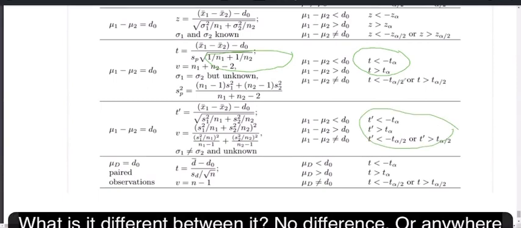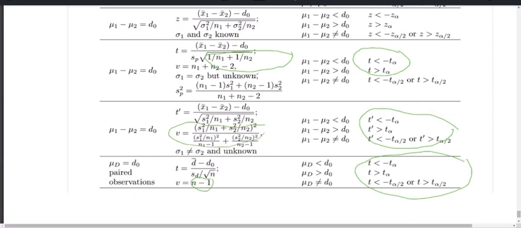What is the difference between them? No difference. Anywhere you are checking for T. But what made the difference is this guy here, the degree of freedom. That's what made the difference. You see that? The degree of freedom is different